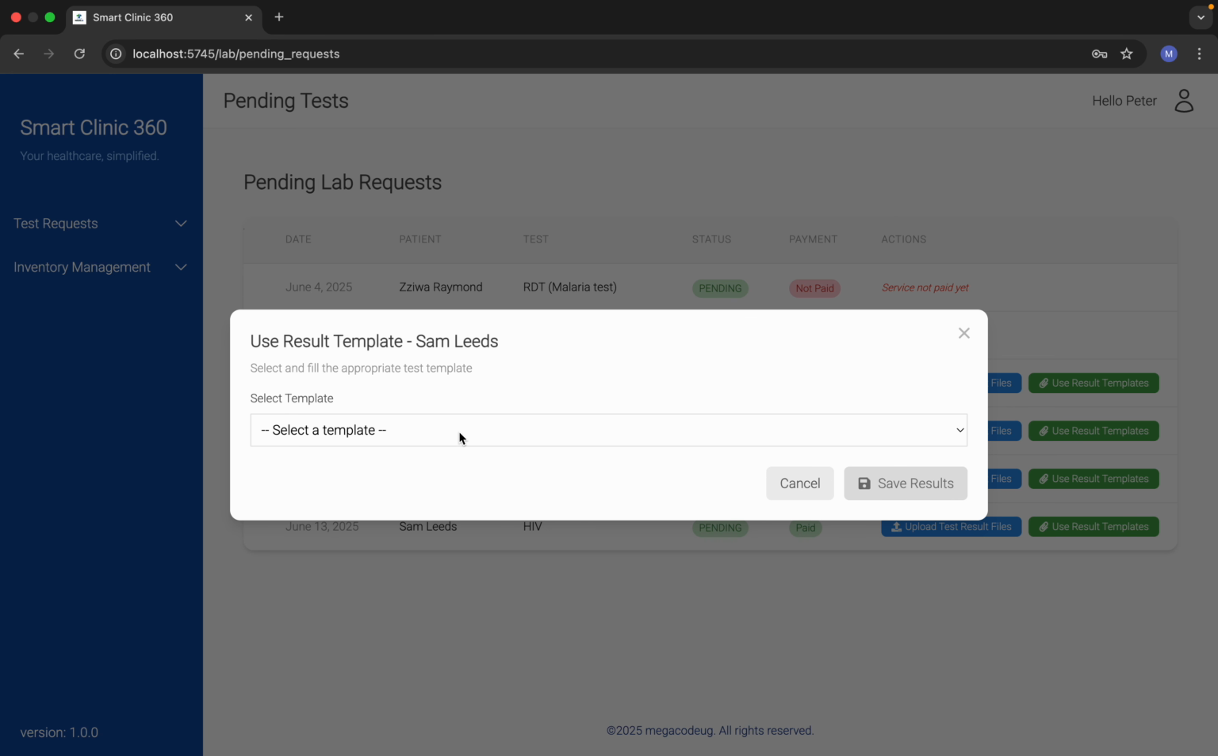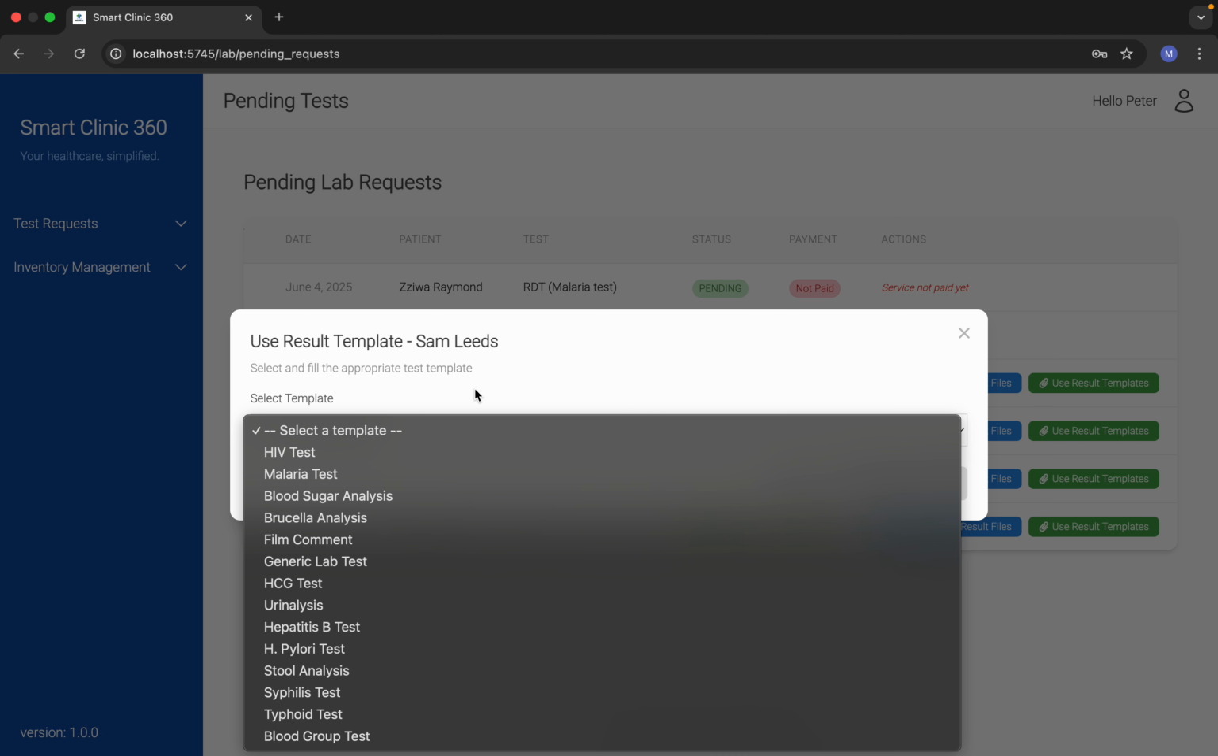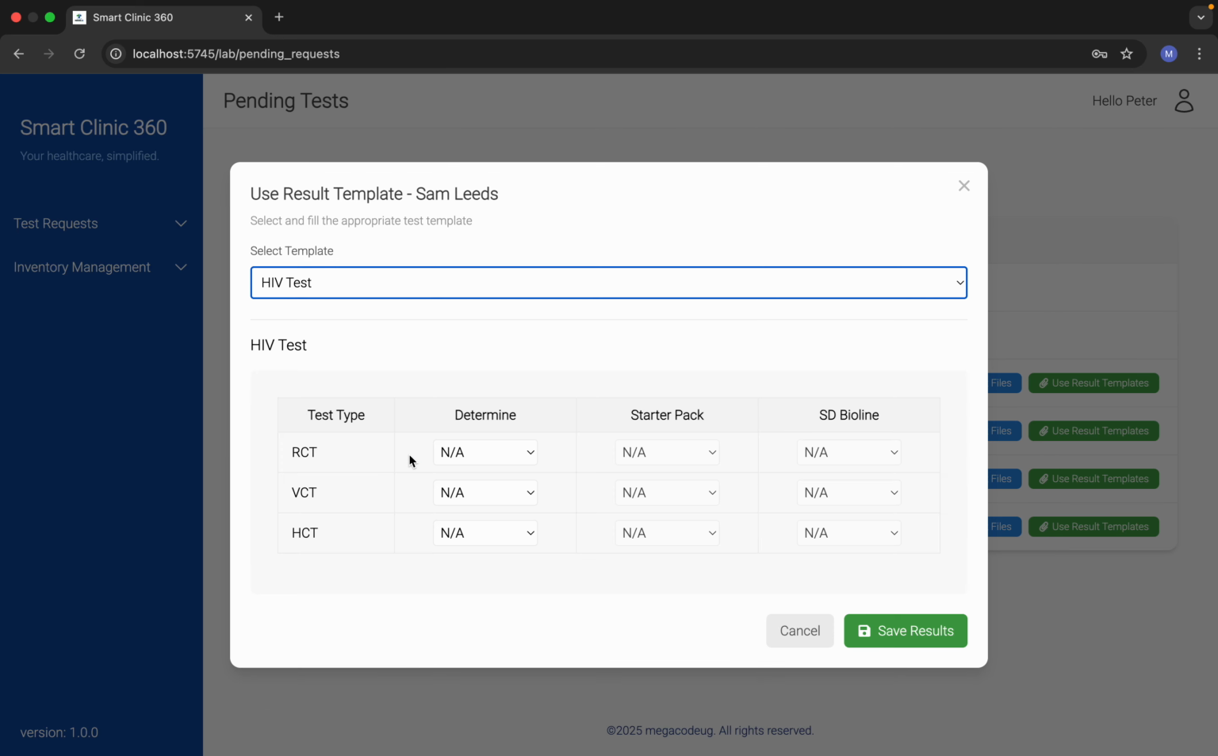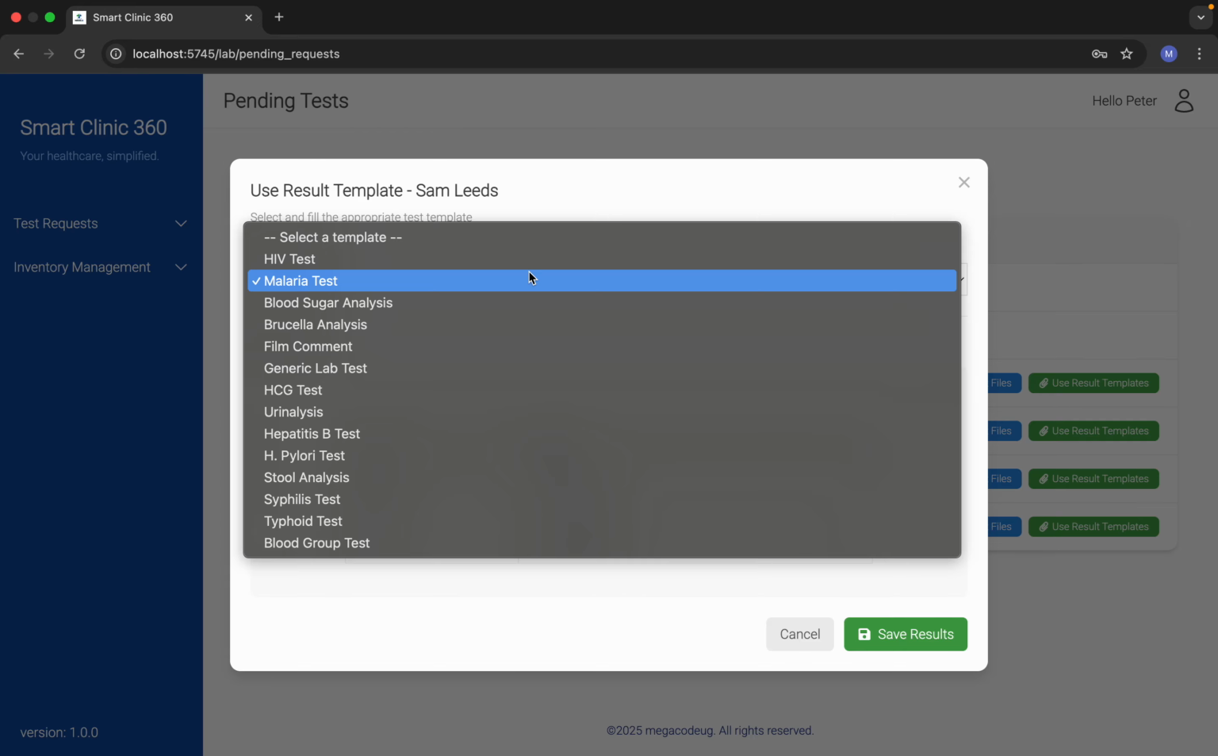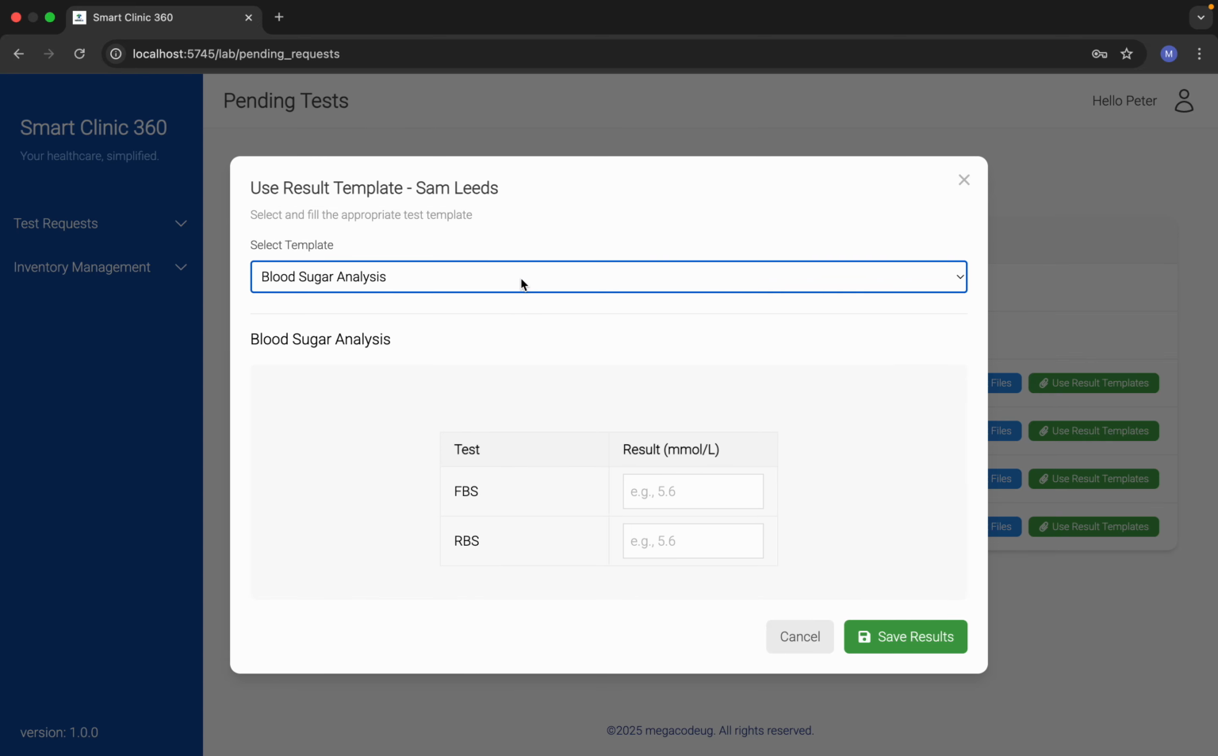So the lab technician all has to do is click here and select a template, whatever suits them. So we have the HIV test template which we're going to use, RCT, VCT, HCT. These are common terms and the medical personnel do understand them. We have the malaria test, MRDT, BS. We have the blood sugar analysis. We have the